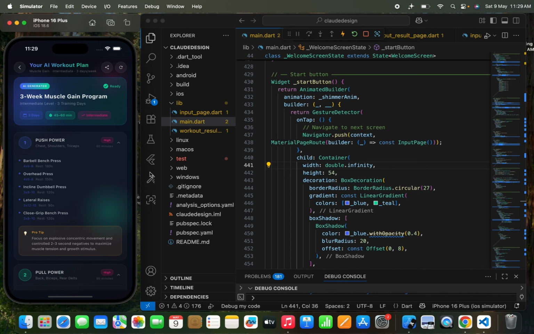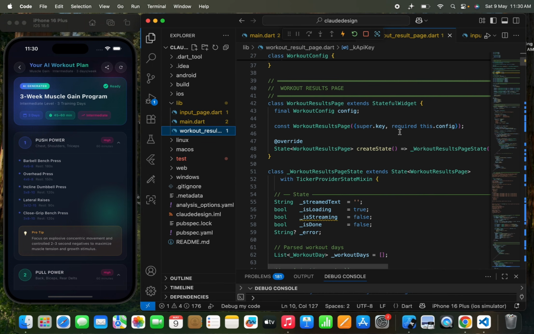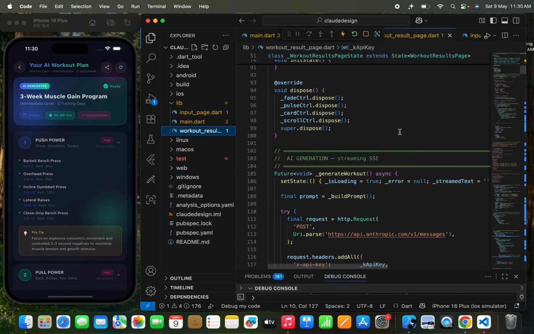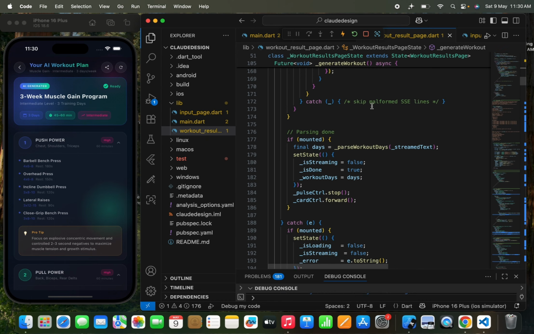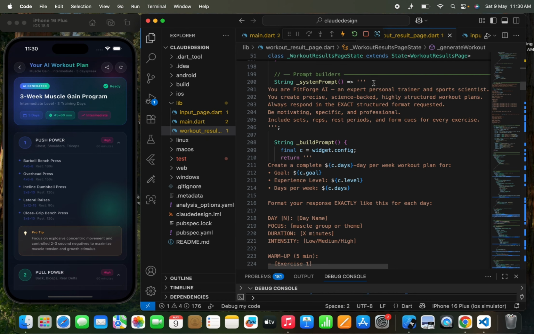Now you also need to know what prompt was passed to the AI to get this perfect result. If you don't know about the prompt and you want to make any changes in this app, you can't do that. First move to the workout result page, and in the workout result page I'll scroll down, and here you can see the generate workout function that I've told you. Now I'm going to scroll down and move directly to the prompt, and here you can see this is the